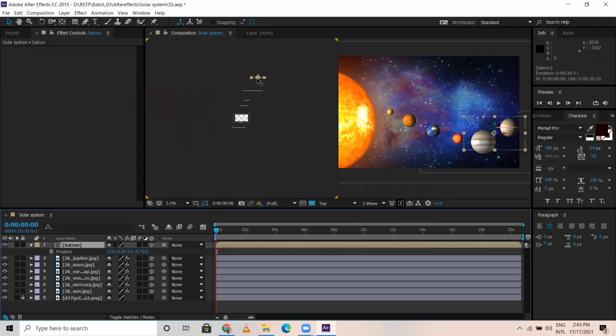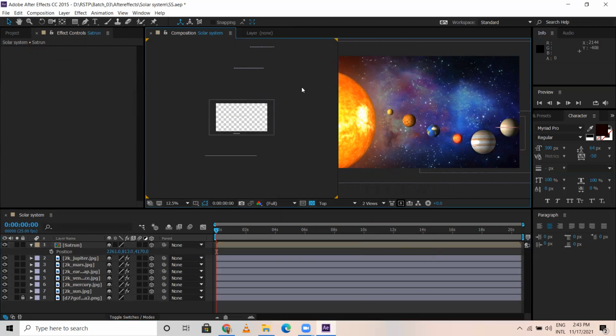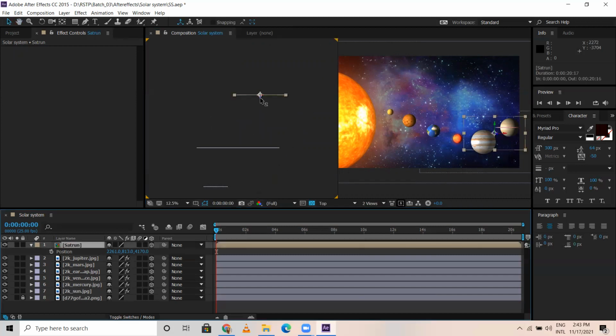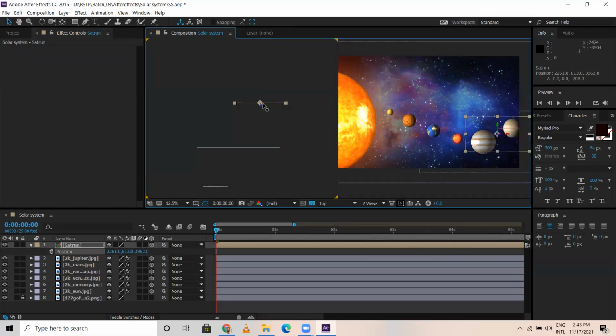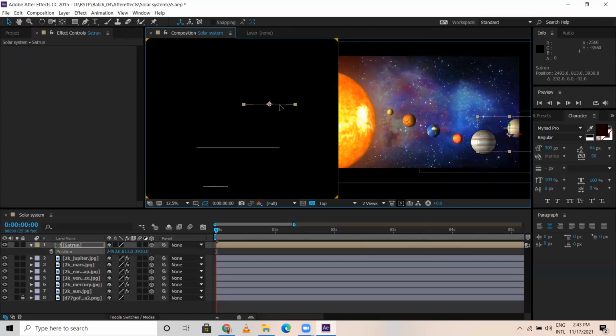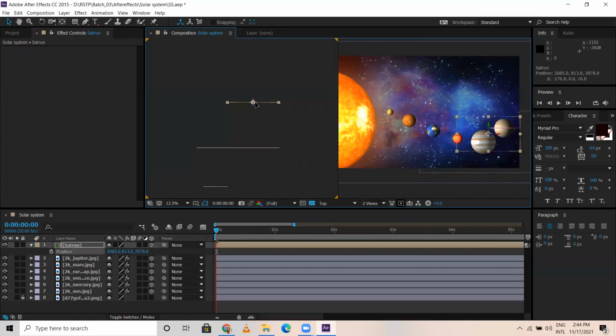Now this is Saturn, right? This is the placement here. Okay. Z axis, we can even just push it from here. You can push it back further, and with this we can move here and move it here and there.